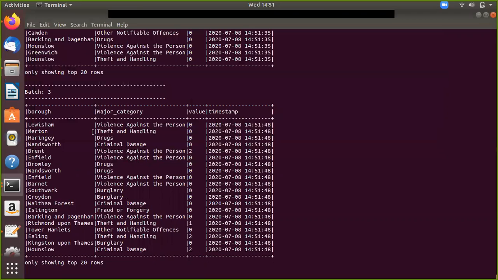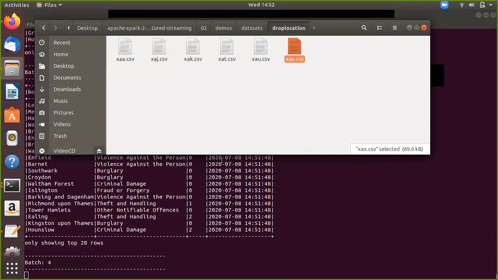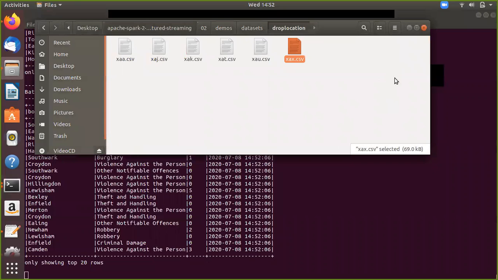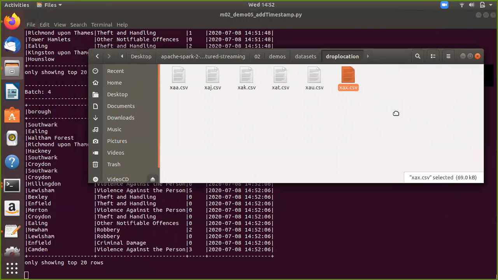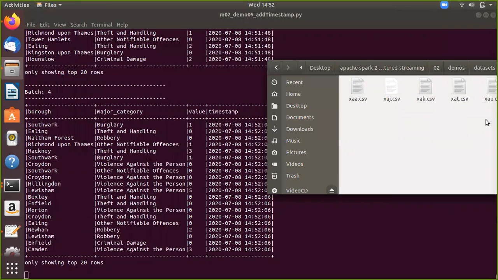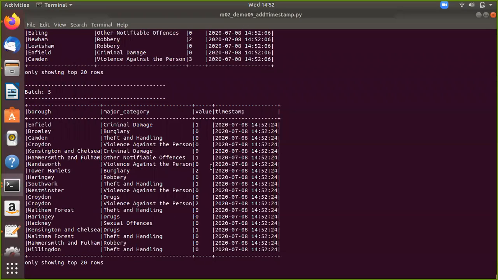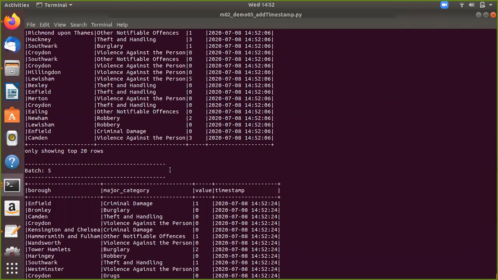The next output, then the next output, keep on adding the data. You can see it, right? So this is just append mode.